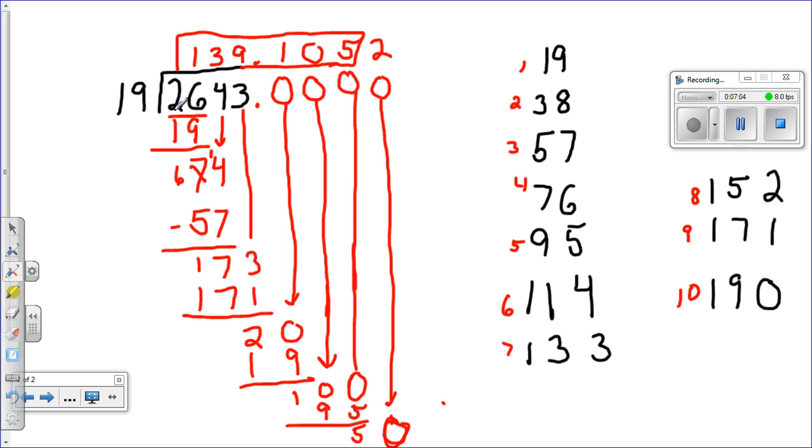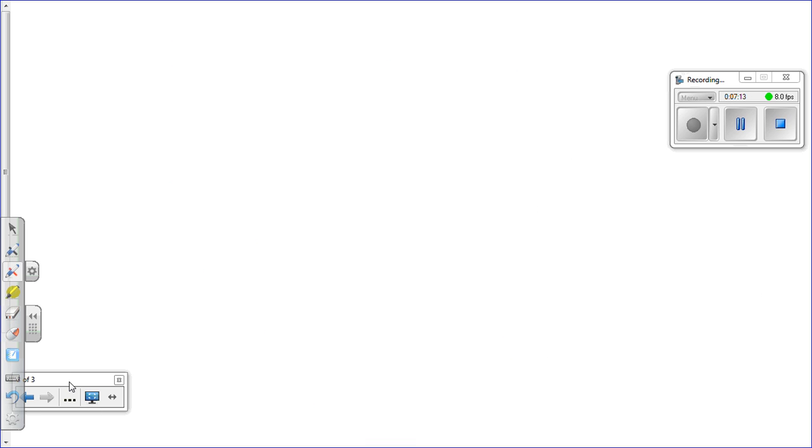2,643 divided by 19 rounded to 3 decimal places, again, is 139.105. So let's try another one here. Let's look at, let's go 40,136. We're going to divide that by